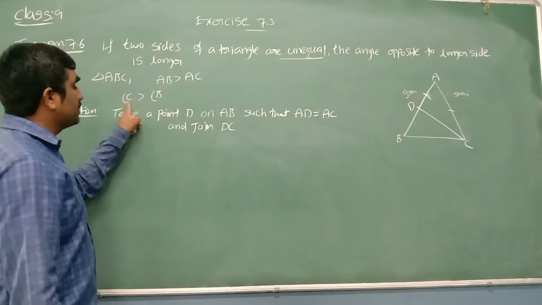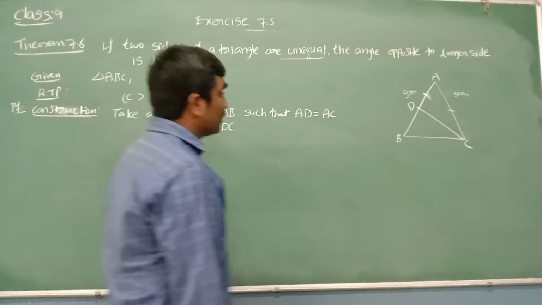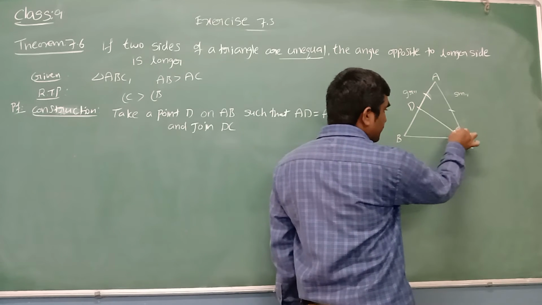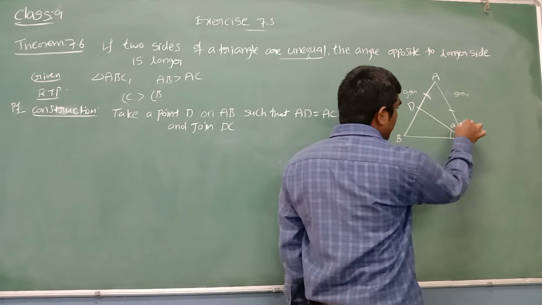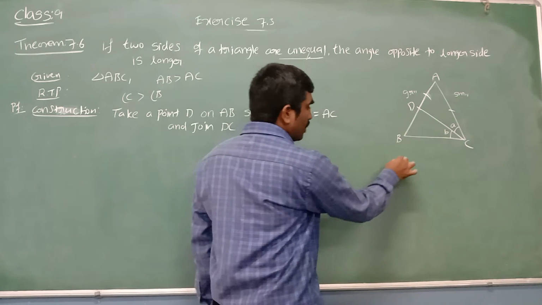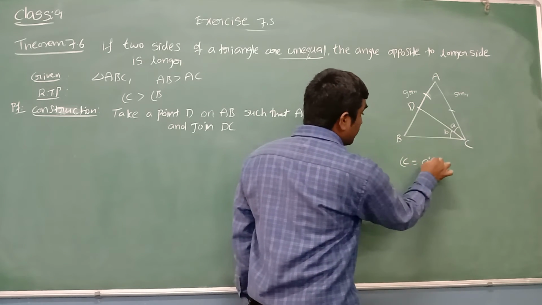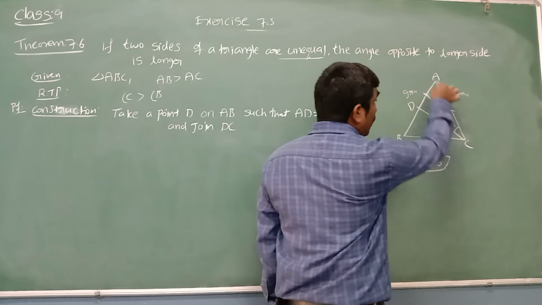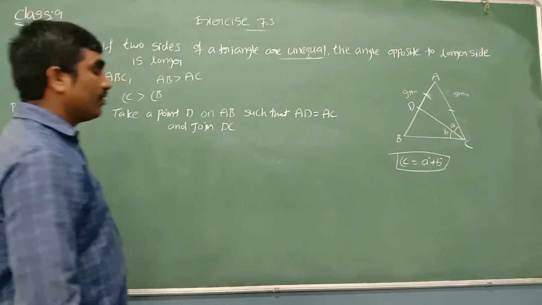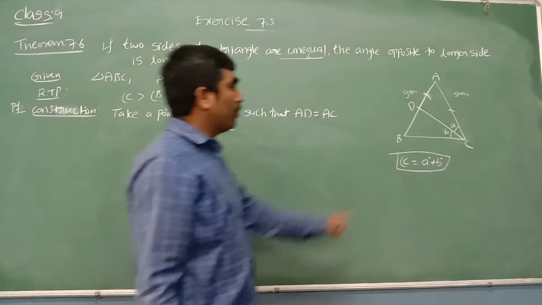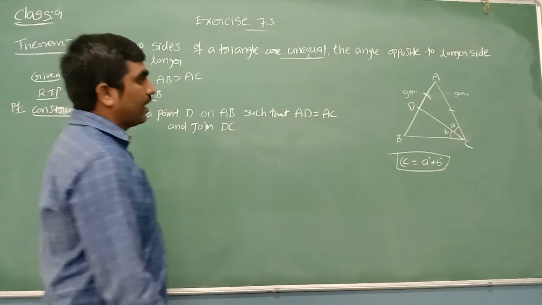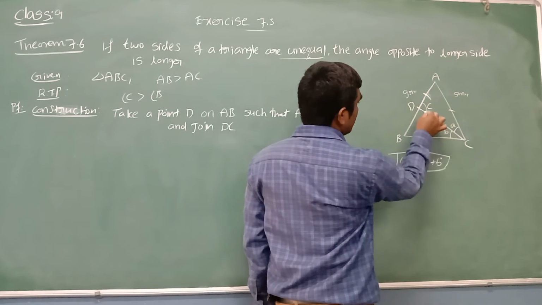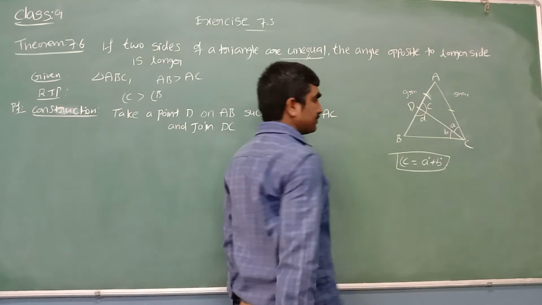Now we have to prove that angle C is more than angle B. Angle C means this complete angle. Now this complete angle is divided into two parts. Let me take this one as A degrees and this one as B degrees. Now what is angle C? Angle C is nothing but A degrees plus B degrees. This complete A plus B together is angle C of triangle ACB. We have to prove that angle C is more than angle B. Even I can see here two angles. Let me take this angle as some C degrees and this one as some D degrees.